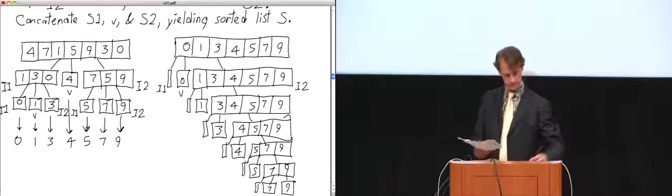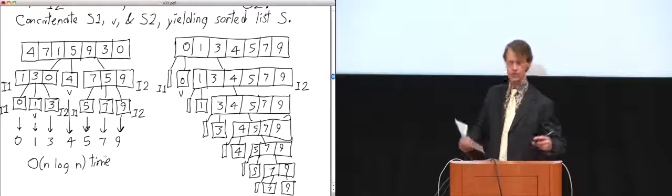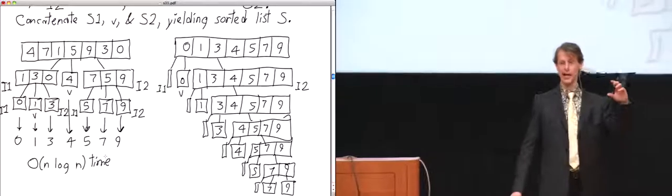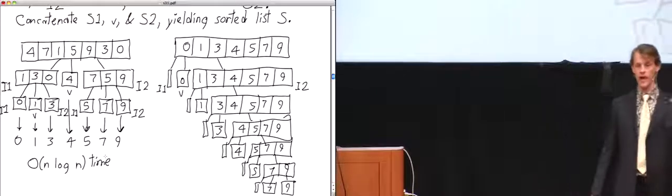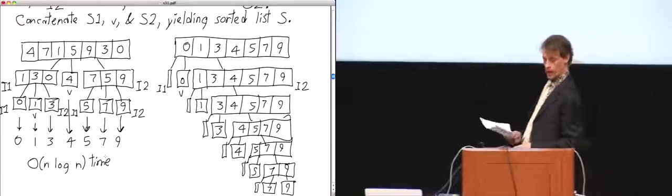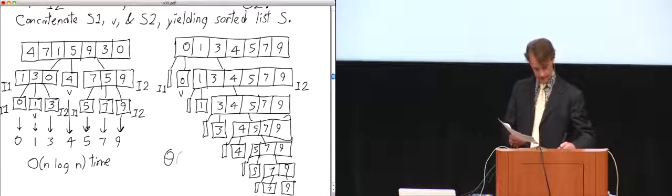So you see, we span the range. You could get a perfectly balanced tree if you're really lucky, and the whole thing will run in n log n time, just like merge sort, because you're going to have about log n levels of the recursion tree and at most order n time per level. And if things don't work out well, then you can get theta n squared worst case time.